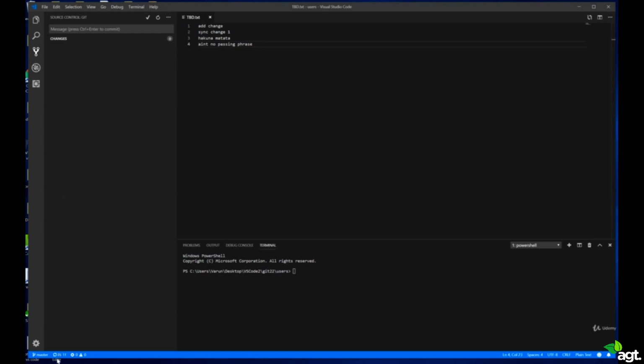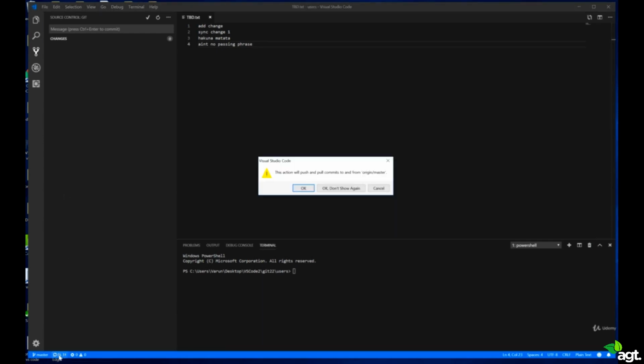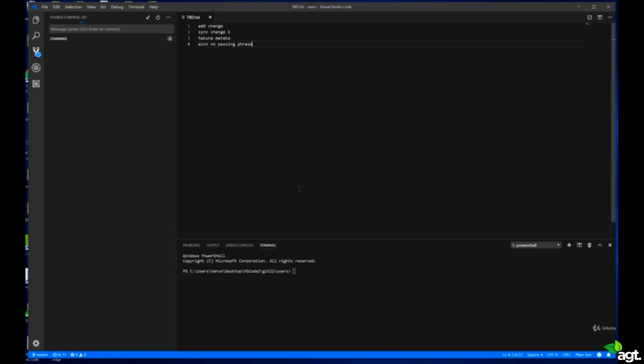So look here, there's a button called synchronize. Click on that. It shows you how many changes have to get pulled in. So it pulls all the changes from the remote and then pushes the changes you've made. So it will push and pull all the commits from the current branch that you're in, and give you this warning message as you're about to do that. Right now I have 0 changes to pull and 1 to push. I said okay,